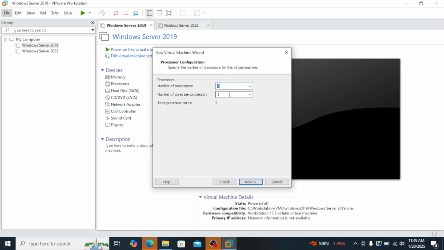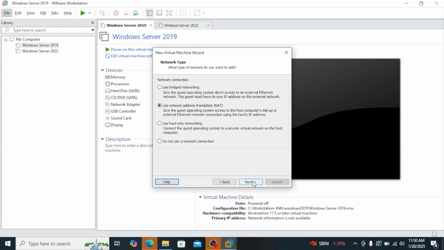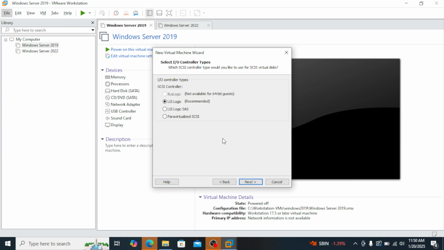And processors. So 2 should be okay for me. Click on next. And 4 GB RAM should be fine. Next. And use bridge networking. Click on next. And here, the default option should be fine. LSI should be fine. Use the SATA. Click on next